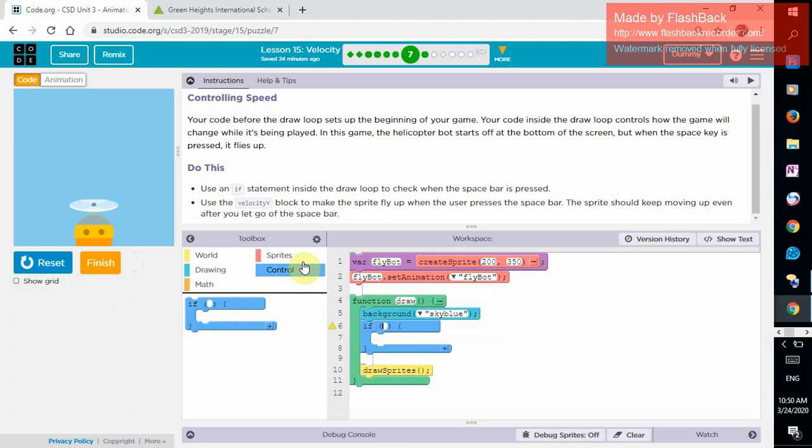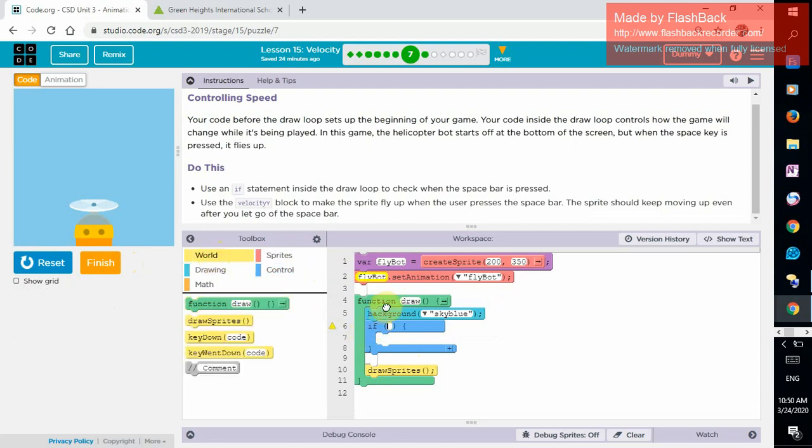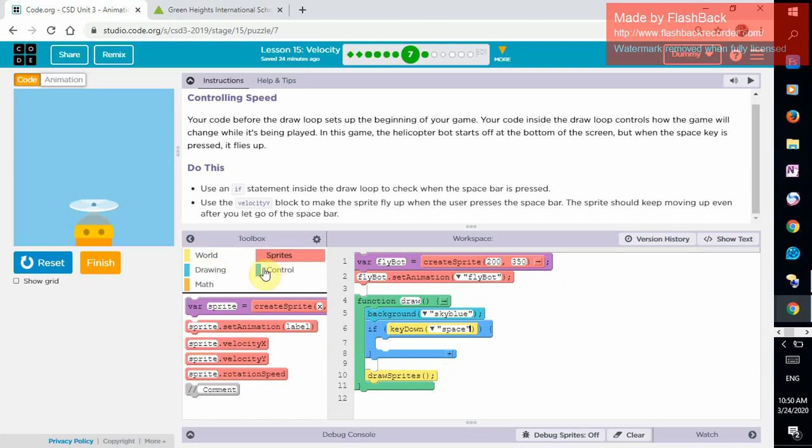We need a condition for the if statement. From here, drag a key down, okay, make it space when we click on the space bar. Okay, the sprite will move up,